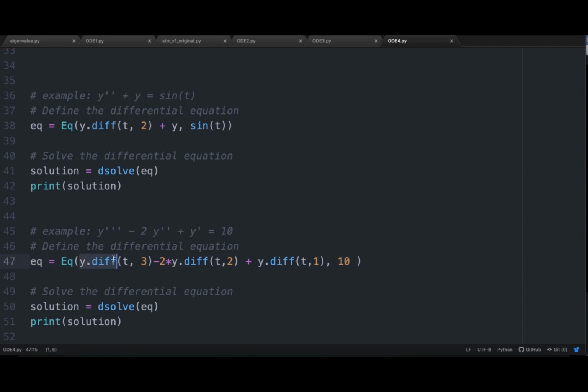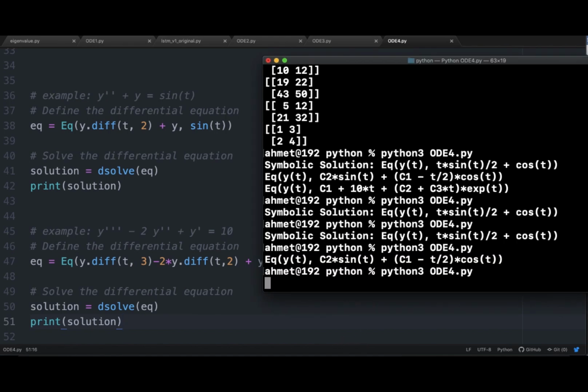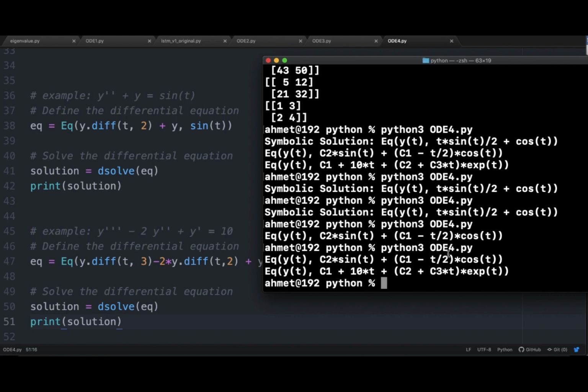Our differential equation has the third derivative of y, then minus 2 times the second derivative, plus the first derivative, equals 10 on the right hand side. So we call the dsolve function and then print the result. So let's verify what we get. For the last problem, as you see, the solution is given here in terms of c1 plus 10 times t